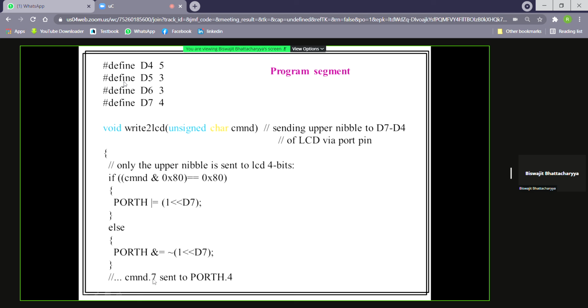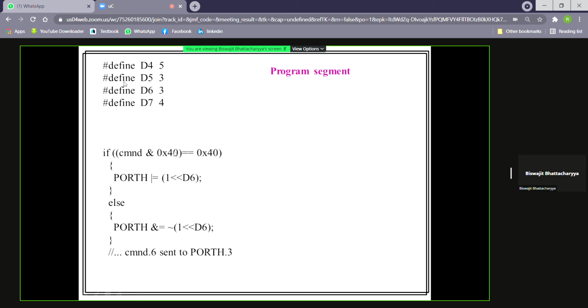So 80 means the D7 bit is tested. Next, if command ANDed with 40 hex gives 40 hex, then the D6 bit, port H.3, will be 1, else port H.3 will be 0.